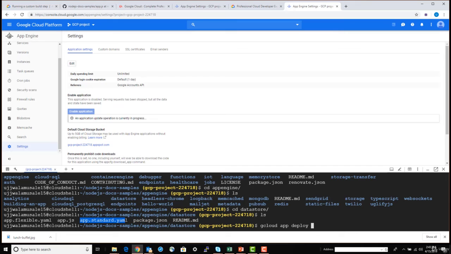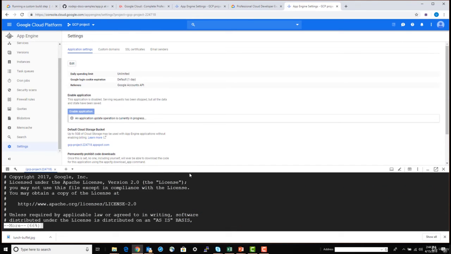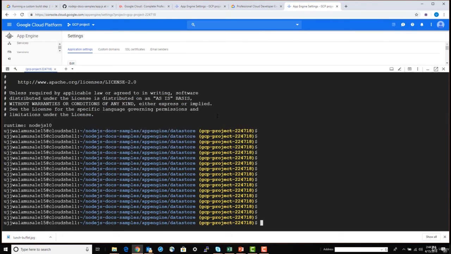But let's use the standard one, because once the application is written, you can use whatever you want, wherever you want to deploy it. Looking at these YAML files first, it just asks for Node.js as a runtime environment.